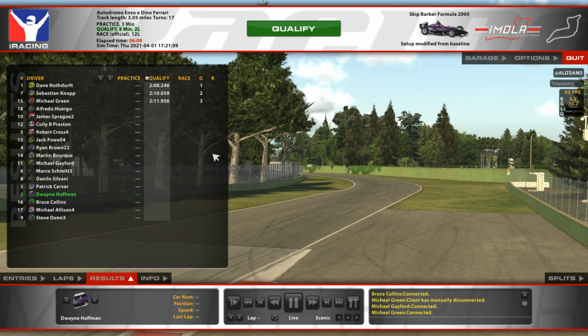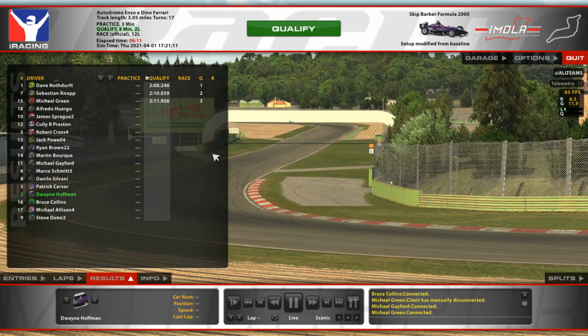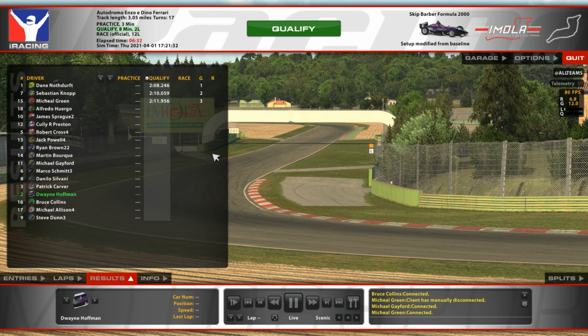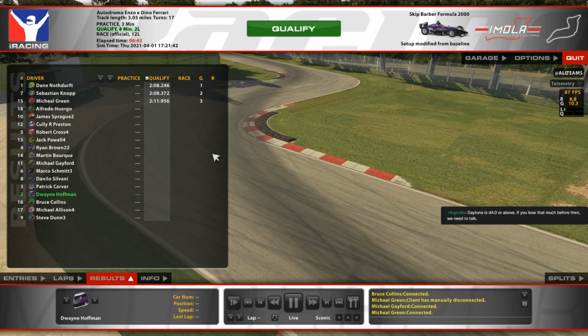I gotta see how the 5 kilograms impacts the Porsche for IMSA, because we are in need of doing the Silverstone race this week for the championship. And what I'm seeing here is a lot of folks not qualifying. I wonder how many are going to start from the lane. So if we start from the lane,